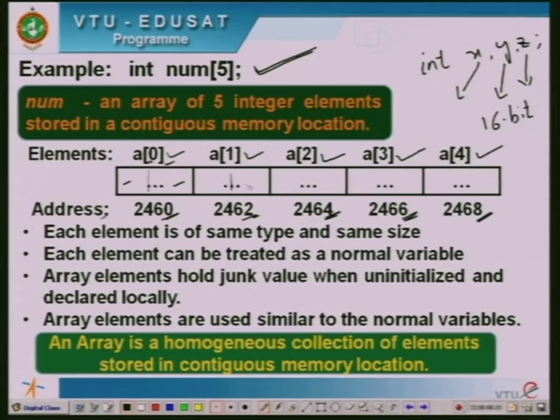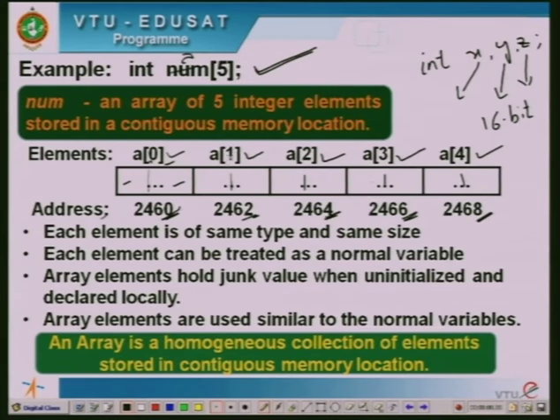So this is also 2 bytes, this is also 2 bytes, and so on, because each integer is taking 2 bytes of memory area here. So we can note the elements. Instead of a it could be num. Even if I take a here, it is a of 0, a of 1, a of 2, a of 3, a of 4. Here I am using num, so it could be num 0, num 1, num 2, num 3 and num 4. Num 0 is holding the first element stored in an address called 2460,